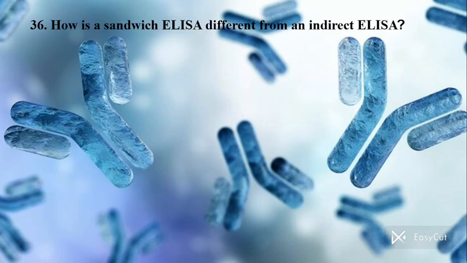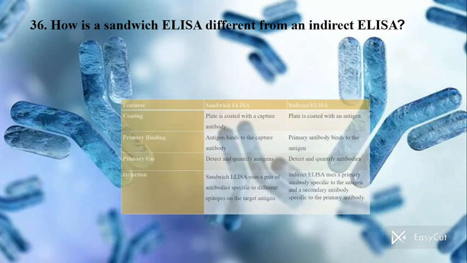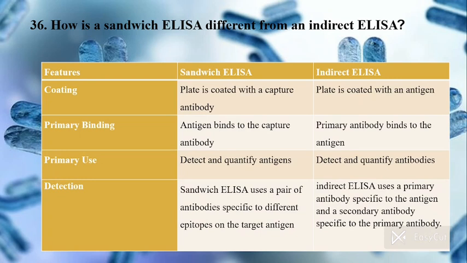So let's move on to the next question, which is sandwich ELISA. How is sandwich ELISA different from indirect ELISA? Here we are going to consider these features: coating, primary binding, primary use, and detection for differentiating sandwich ELISA and indirect ELISA. Firstly, for coating, we are going to see the plate wells